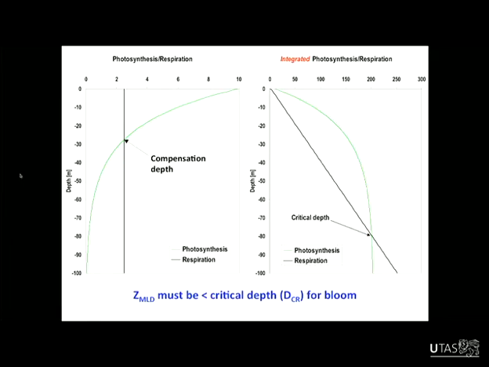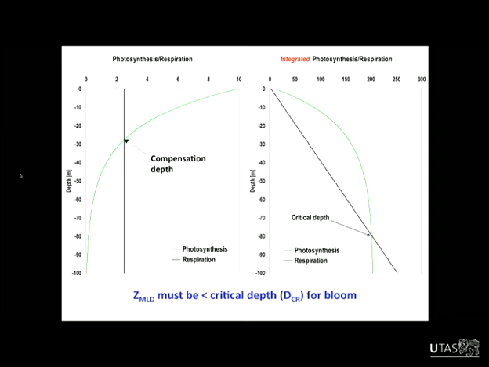I'll show that in a different way here. Here are the instantaneous values for those two processes. We've got exponential decrease of photosynthesis with depth, so that's your gain term, that's making new phytoplankton. And then we've got an invarying loss term, or consumption of phytoplankton photosynthetic energy, that doesn't vary with depth. On the left is the instantaneous, and on the right-hand side we're integrating those properties.